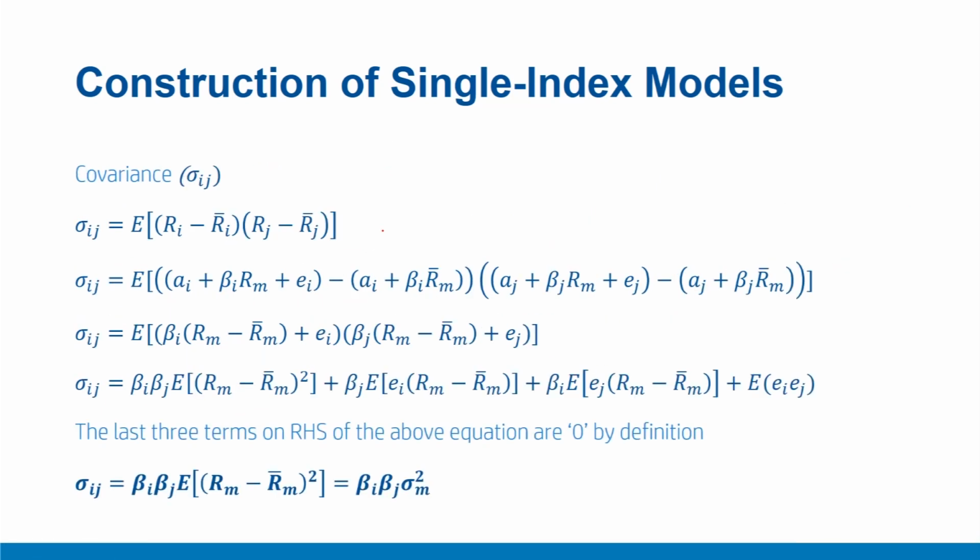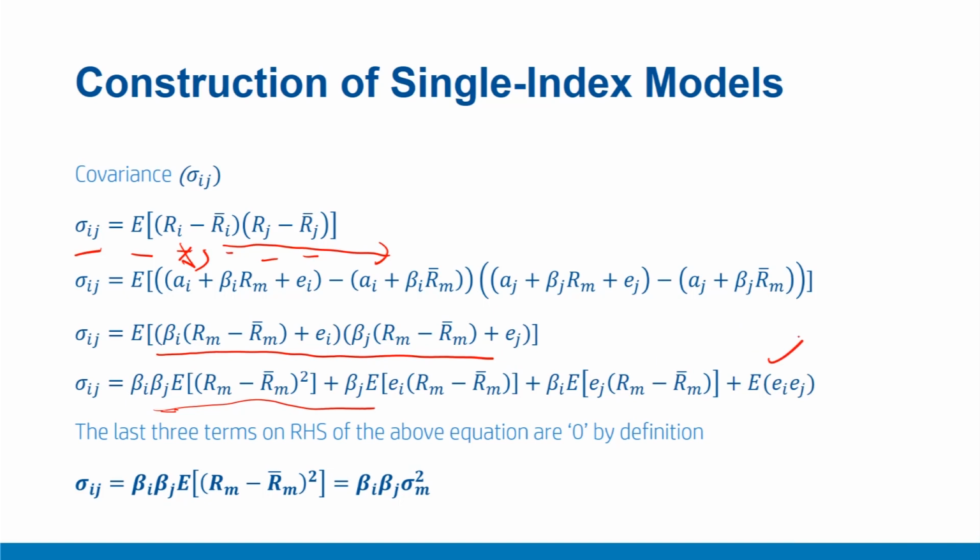Lastly, coming to the covariance part, the covariance between two securities i and j can be easily defined as expectation of (Ri minus Ri bar) into (Rj minus Rj bar). Further, Ri can be expanded in this form by the single index model definition. Similarly, Ri bar can also be expanded with the definition of the single index model. So we get the resulting term like this. This term can be further opened and simplified in these terms. Please notice across these terms,